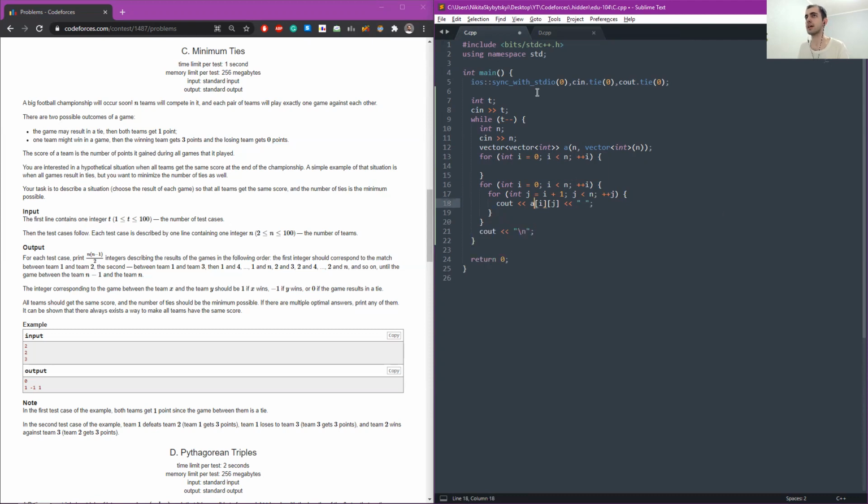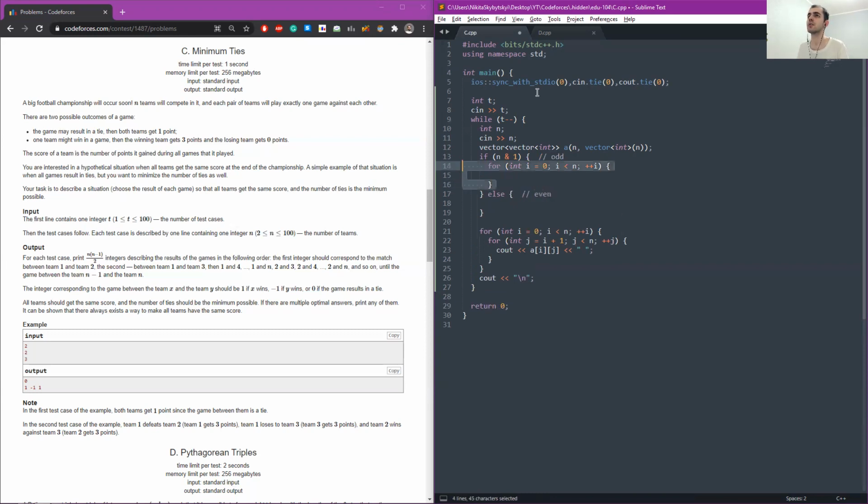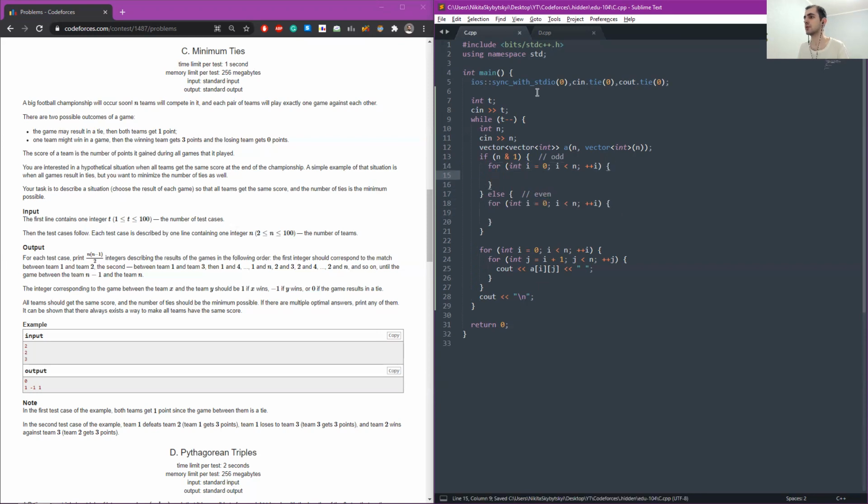This is actually our output, no matter in which way we fill in the table here. Well, it results in the correct output order. Now we have two cases: when n is odd and when n is even. So I'm thinking in the case when n is odd, we can actually result without ties.